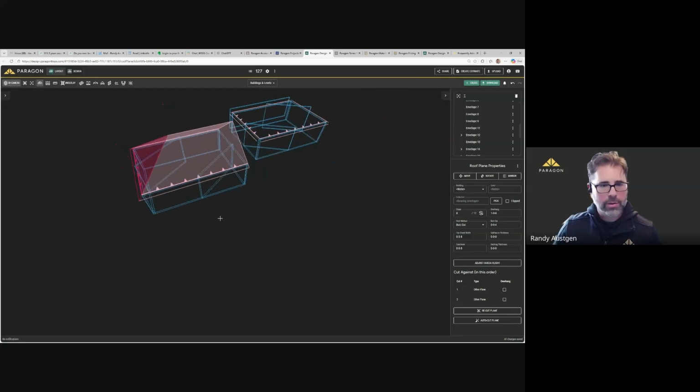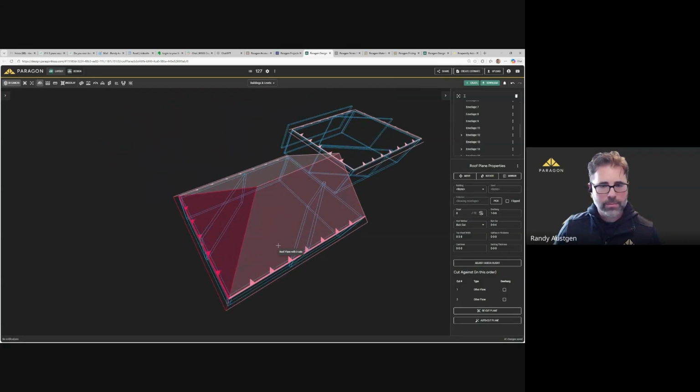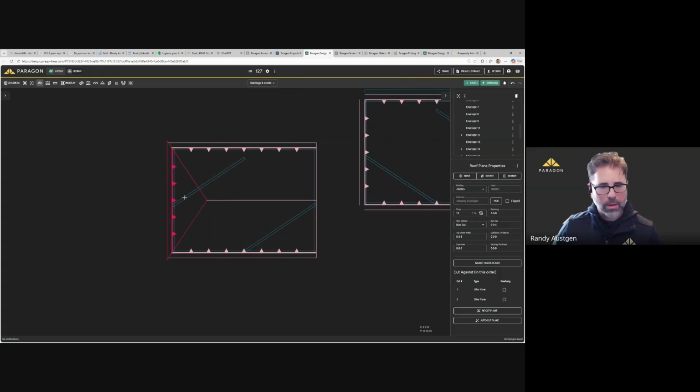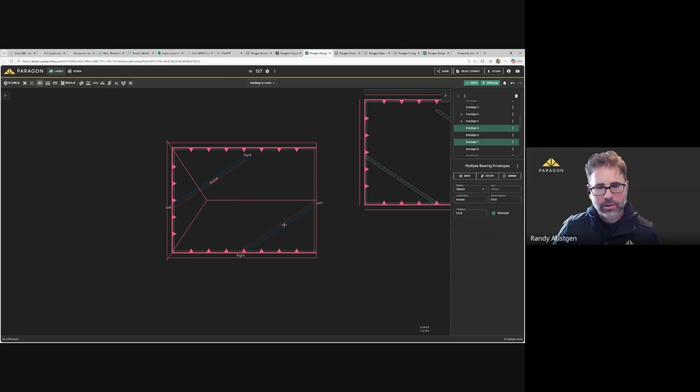So I'm going into 3D on this particular one. This time I'm going to change this guy over to a 10/12, and you can see that it automatically solves or repairs itself, if you will, or automatically recuts. And there we go. And then when I was cutting that plane in, I'm going to turn off those non-load bearing walls, or non-structural walls. Oh, that was a non-structural wall. There we go. Now you're off.